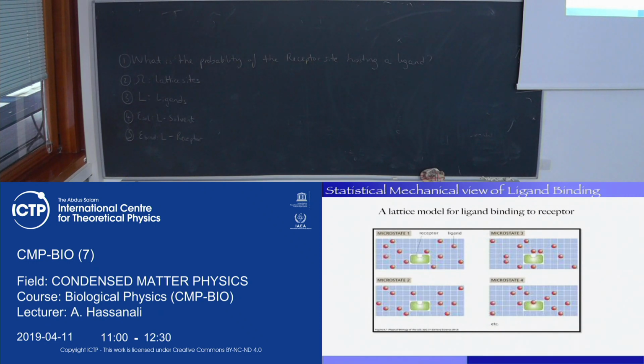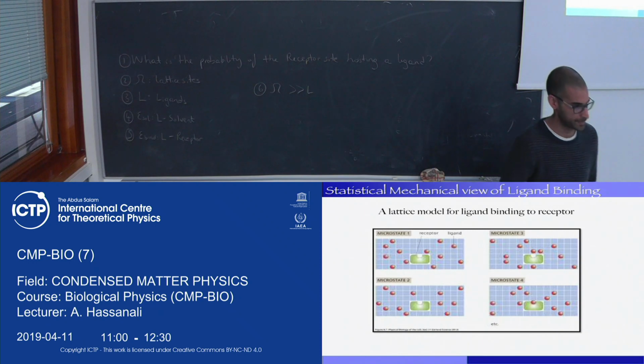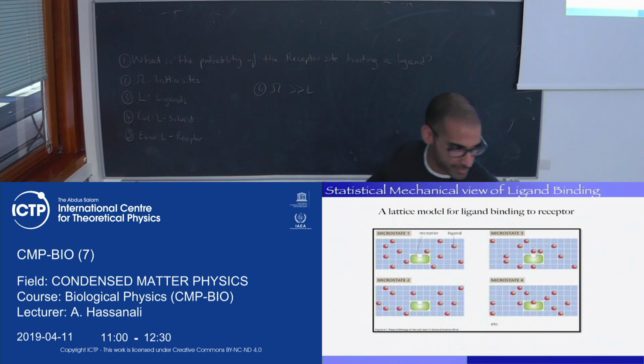Omega is bigger than the number of ligands. Definitely, that's a good point. Thank you for saying it. Because in order to simplify things, the number of lattice sites is much greater than the number of ligands. You don't need this now, but